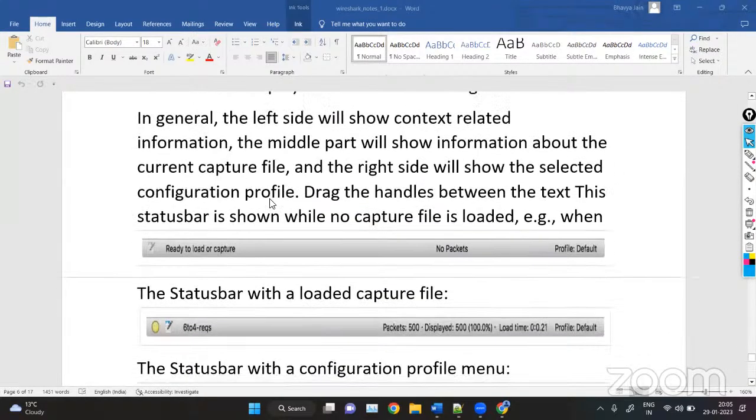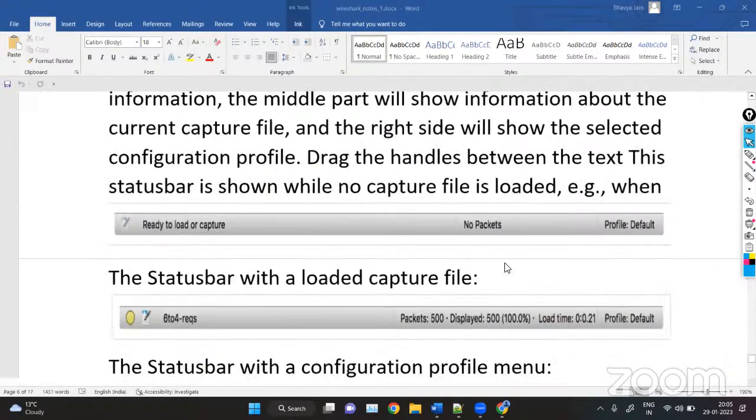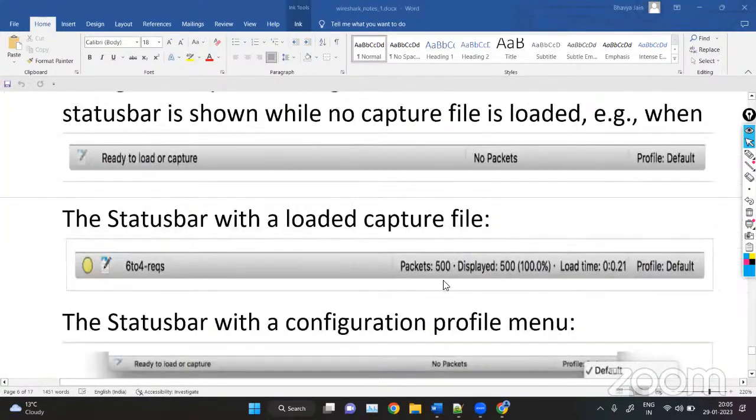Last we have the status bar, which will show you the overall information, like how many packets there are inside your network traffic or inside Wireshark. That is the number of packets, meaning the total number of packets. Then we have displayed packets. Suppose we have applied some filters. For example,